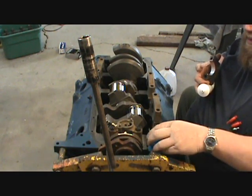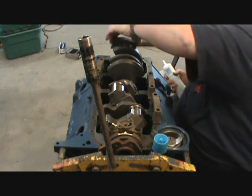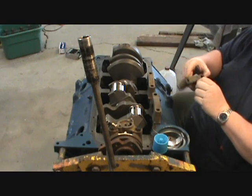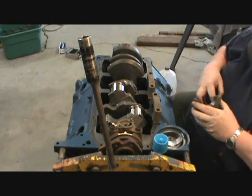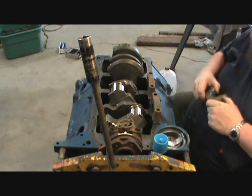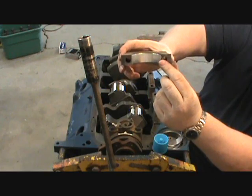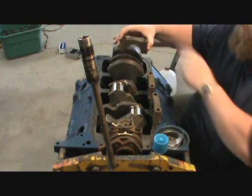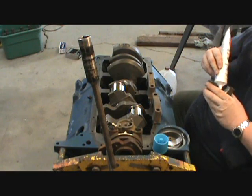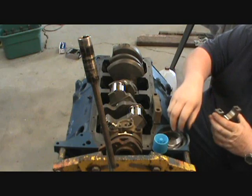Lithium, the assembly lube here. Number one. Two. Or another way to remember which way goes which, the little bearing tab should be on the same side. So if you put it in backwards and the tab's on the other side from which is in your block, then you know you're backwards. So then you just turn around. Two, three, and